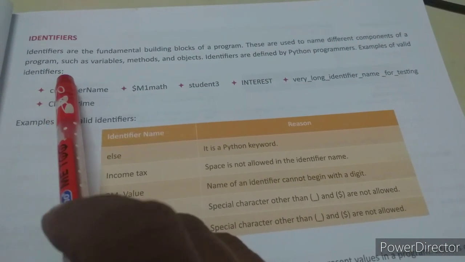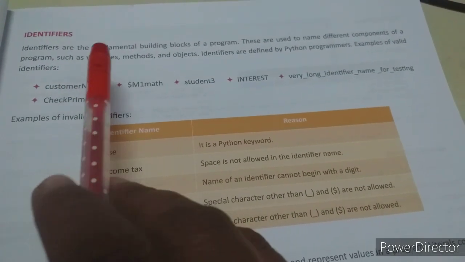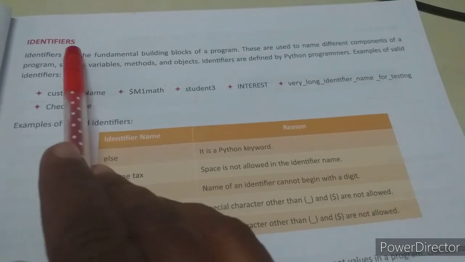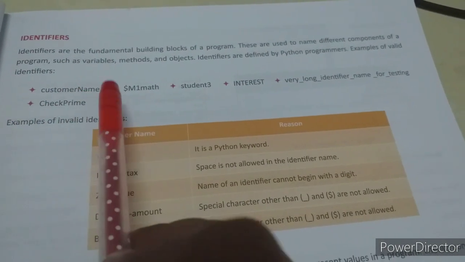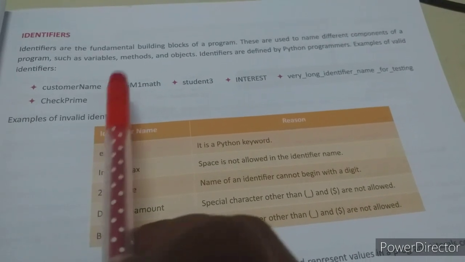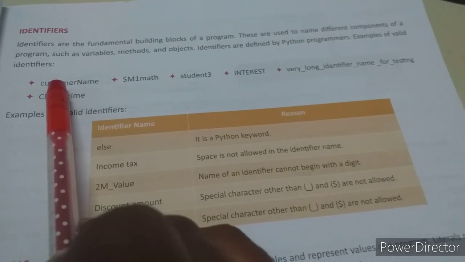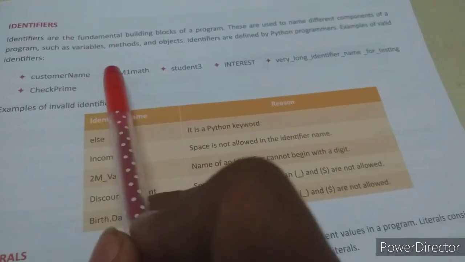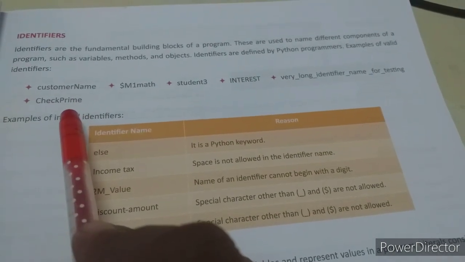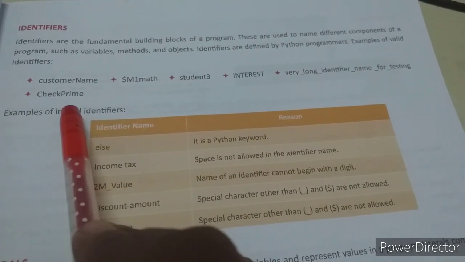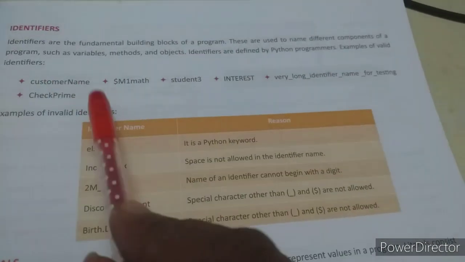If you want to give a name to a value, it will be stored in one name, one variable, and that is nothing but called a variable. If there is a customer and you want to enter the customer name, it will be saved in a customer name variable. For example, these are examples of how to take a value. As you all learned in the QBasic programming language, children, how to give a variable, how to print, how to take input, and so on.